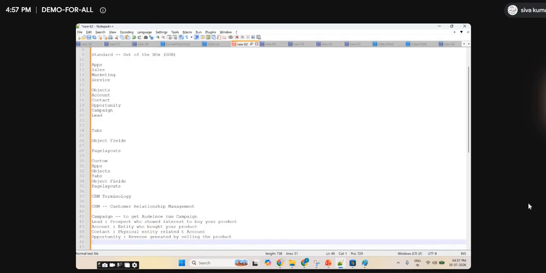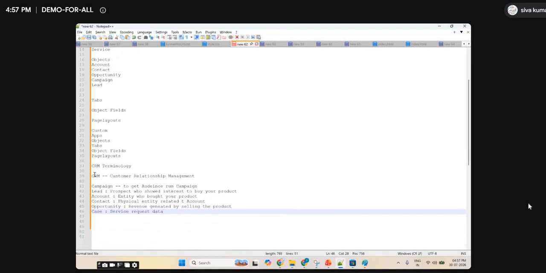Then there is case, the case object in the service. Case means service request, right? Whenever a person raises a service request, the data will be stored in the case object. Okay, this is the CRM terminology.